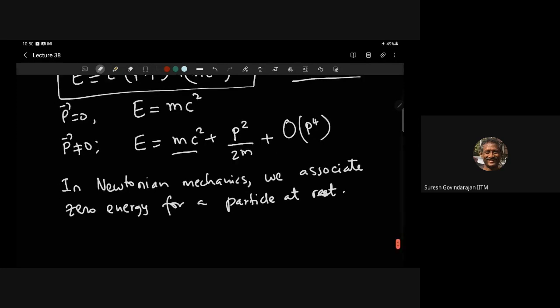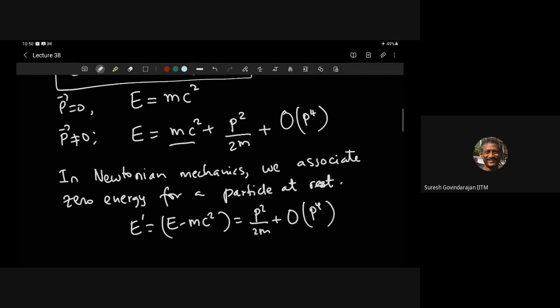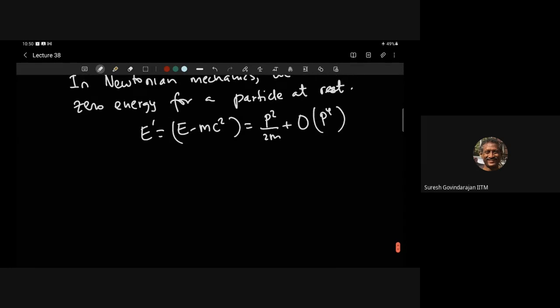So what we call energy will be E prime, which is E minus mc square. Exercise, you can work out what the P power 4 thing is. It's a binomial theorem. But however, in relativistic mechanics,